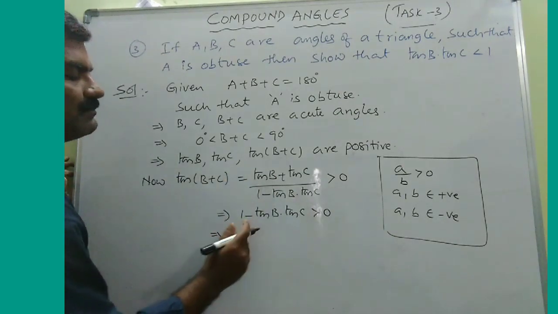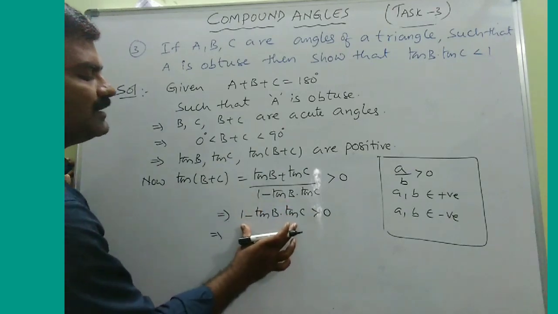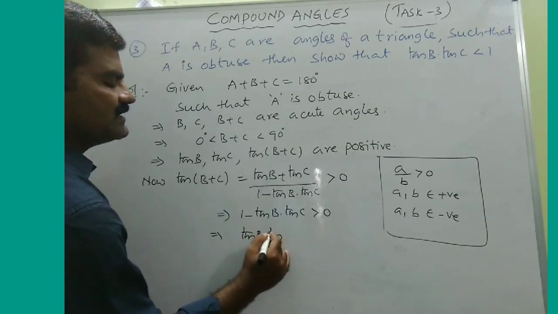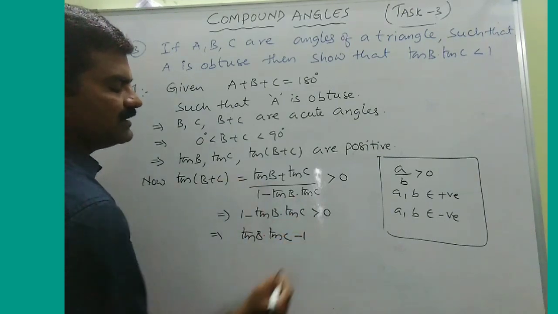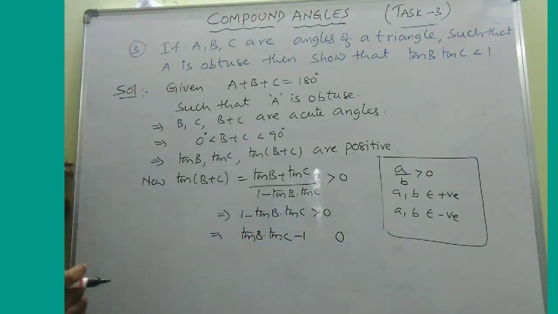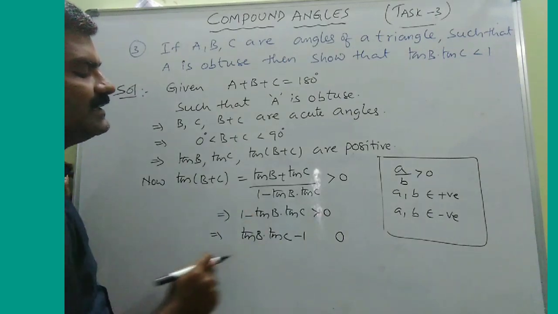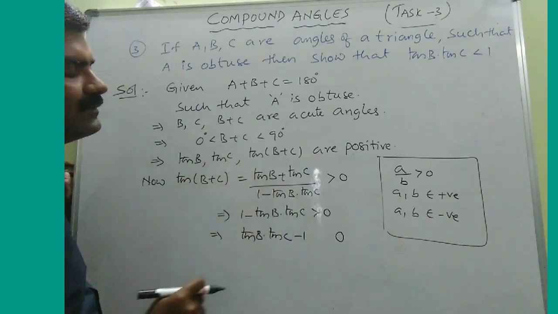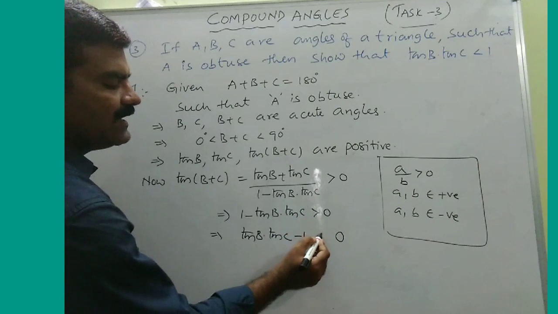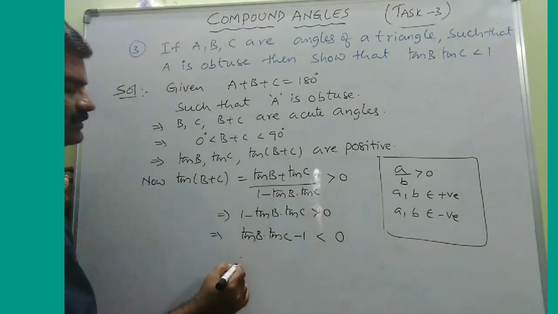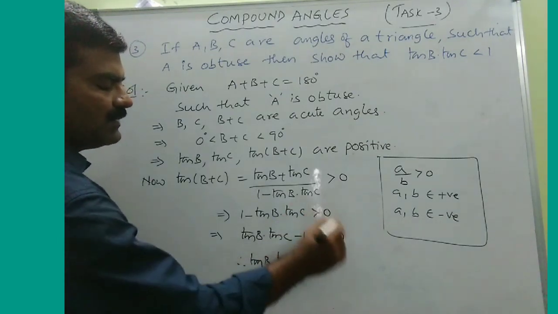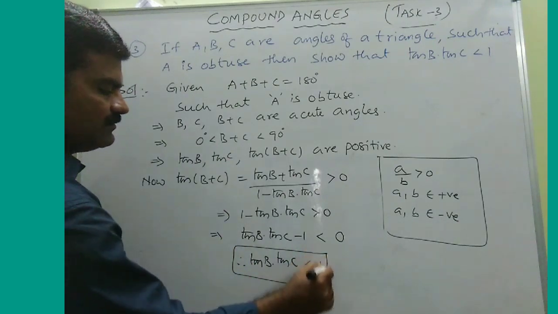Now please multiply by minus on both sides. When you multiply by minus on both sides, this minus term becomes positive, tan B into tan C, and this plus 1 becomes minus 1. The 0 stays 0 after multiplication by minus, we won't mention the sign. But my dear, we already discussed earlier that when you multiply with a negative real number, the inequality changes. So greater than becomes less than. Therefore tan B into tan C is less than minus 1 if you send that side, which is less than 1.